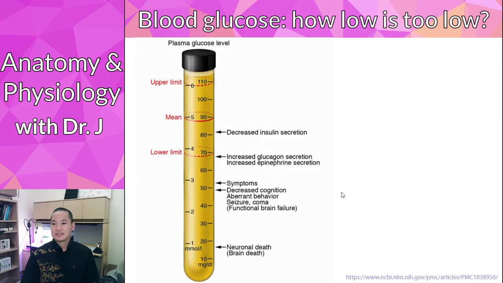Actually, there was a really good question last lecture: what is the absolute lowest it can go? So I looked that up, and if you get below 20, this is when you get neuronal death and brain death. So with hypoglycemia, everything below that lower limit of 70, as you dip lower and lower, you see decreased cognition, so it affects how you think. If it goes below that, you start losing consciousness, and then you die when you get to the teens in terms of your blood glucose in mg per deciliter.